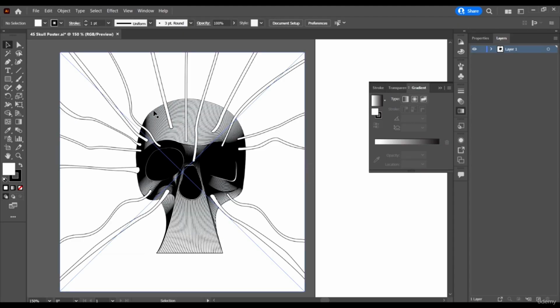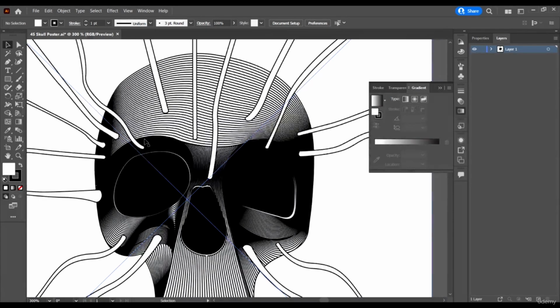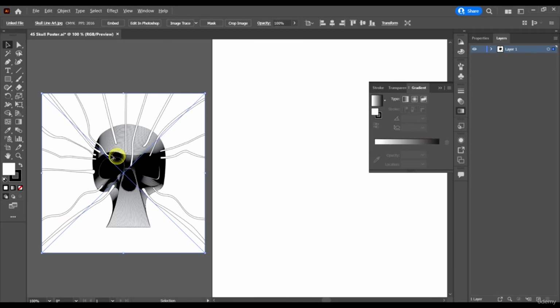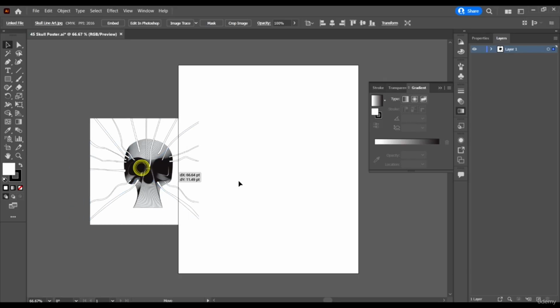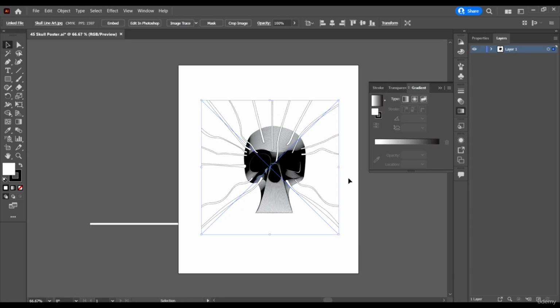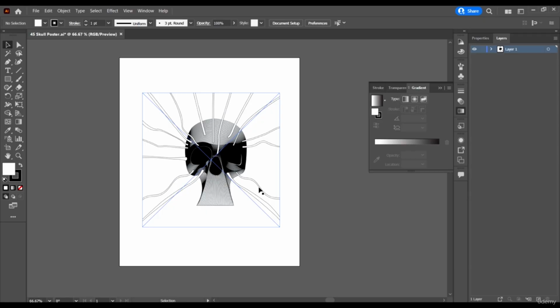So this is what I used to create this design, and I actually created it from a real skull image, but unfortunately I do not have that image, so we're just going to create it from this image we have here. While selecting our design, just drag it out to the middle of our artboard, maybe resize it a bit, so as to serve as our template.